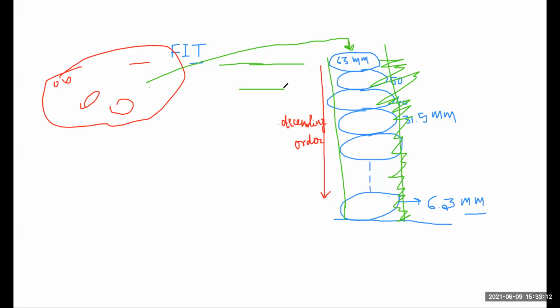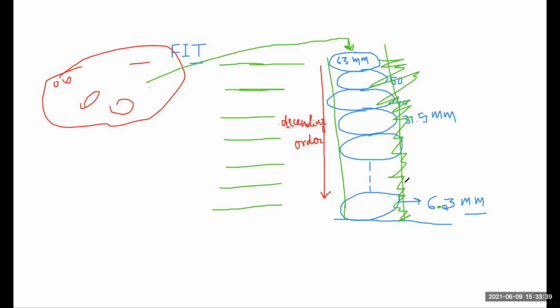Just observe here. First, I take sieves of different sizes, starting from 63 mm, then 50, then 40, then 31.5, then 25, then 20 mm, and so on. But we stop at the 6.3 mm sieve. Here is 6.3. Everyone see, this is not 63, because at the top I wrote 63. So do not read this as 63. This is the 6.3 mm sieve.